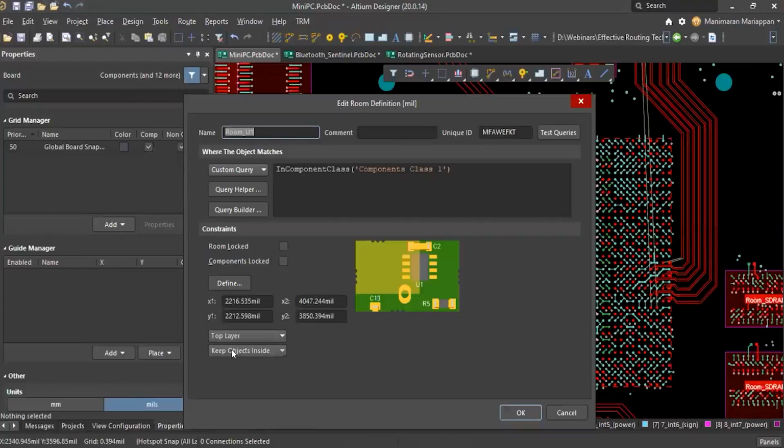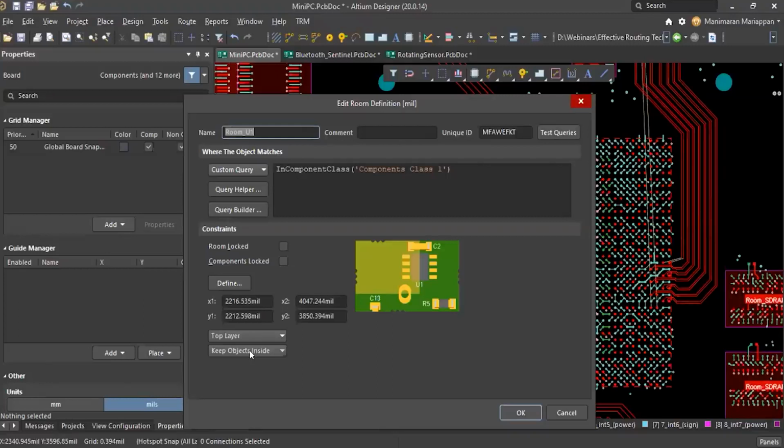Keep objects inside. Actually, this room option can be used as a keep out as well. Not keep out, package keep out or package keep in. If you want to keep the components inside the room, then it should be keep objects inside. So always it will be keep objects inside, because when you generate the netlist from the schematic, when you import the schematic, by default each schematic comes with a room.